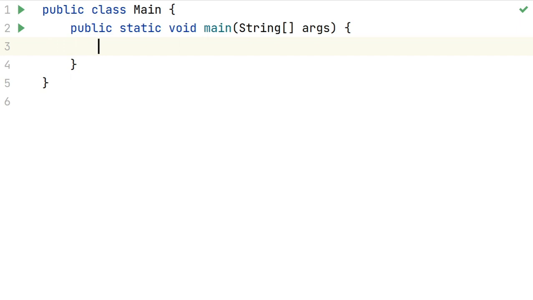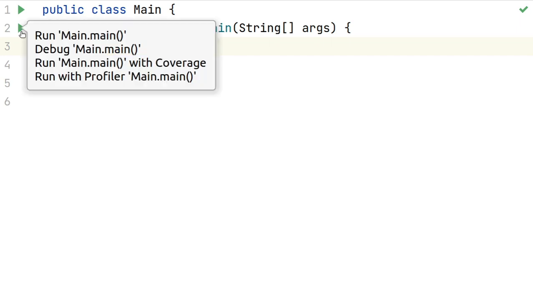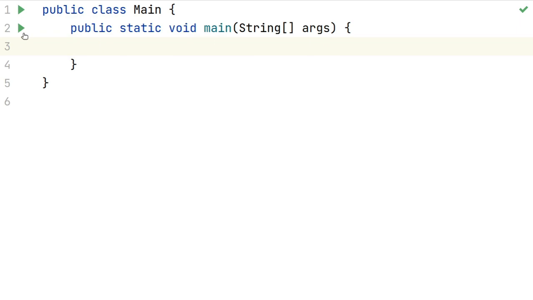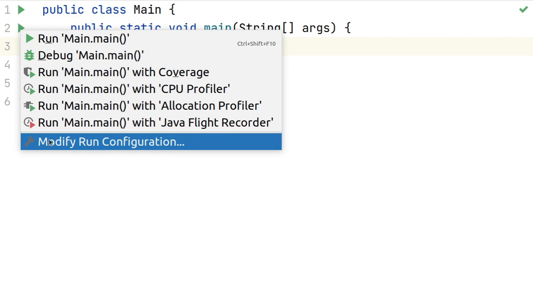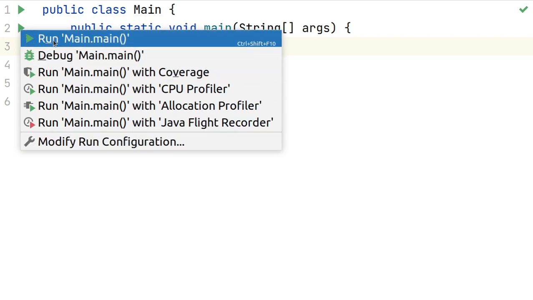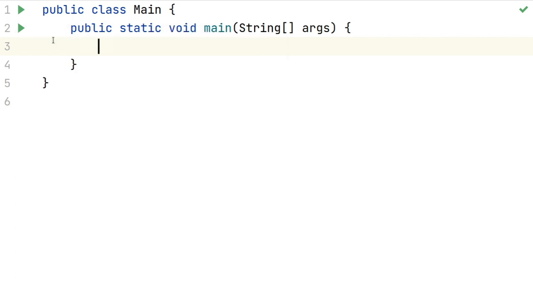Furthermore, you can see that it is showing a nice little green triangle to the left side of the main method. If we click this, it shows a little pop-up menu where we have a lot of options of running this program. So let us try this. We'll click on the run option and it is compiling our Java program and it will show us the output